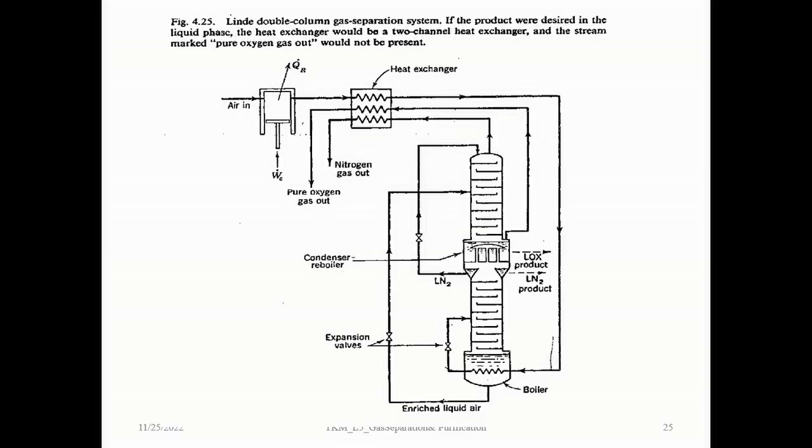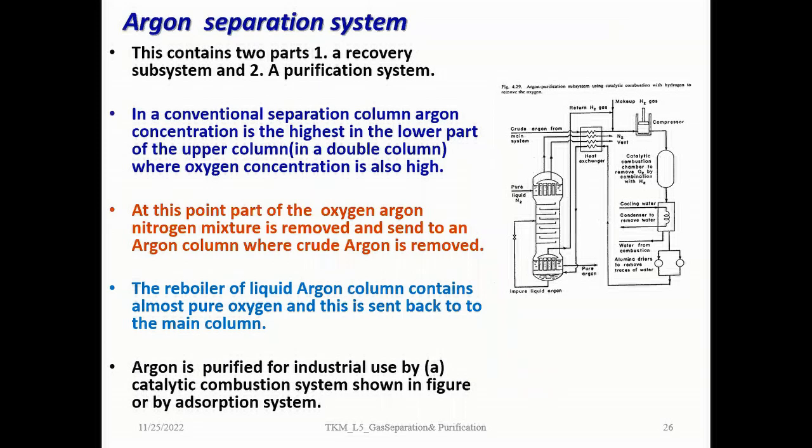Let's come to the argon separation system. The argon separation consists of two parts. It's a recovery subsystem first, and then the purification system. In a conventional separation column, argon concentration is the highest at the lower part of the upper column in a double column system, where the oxygen concentration is also high. At this point,